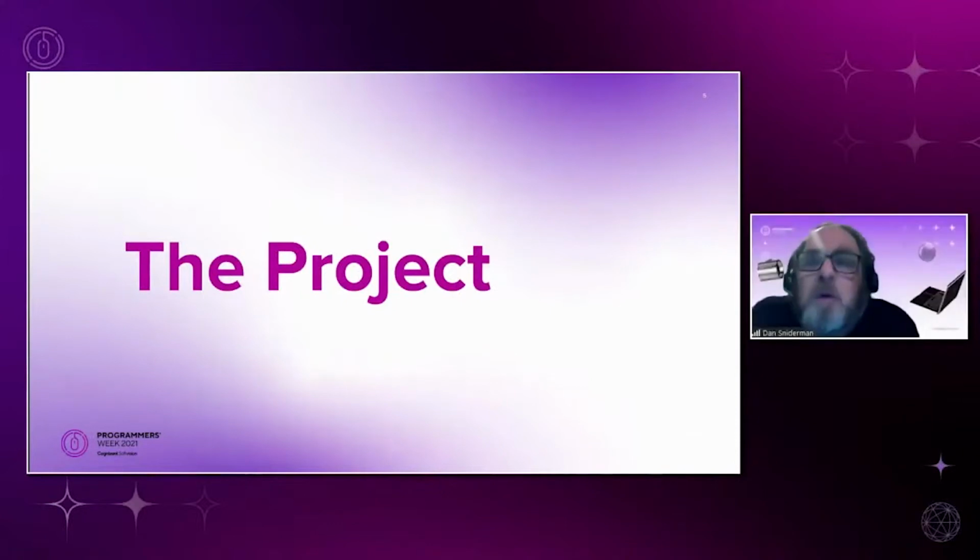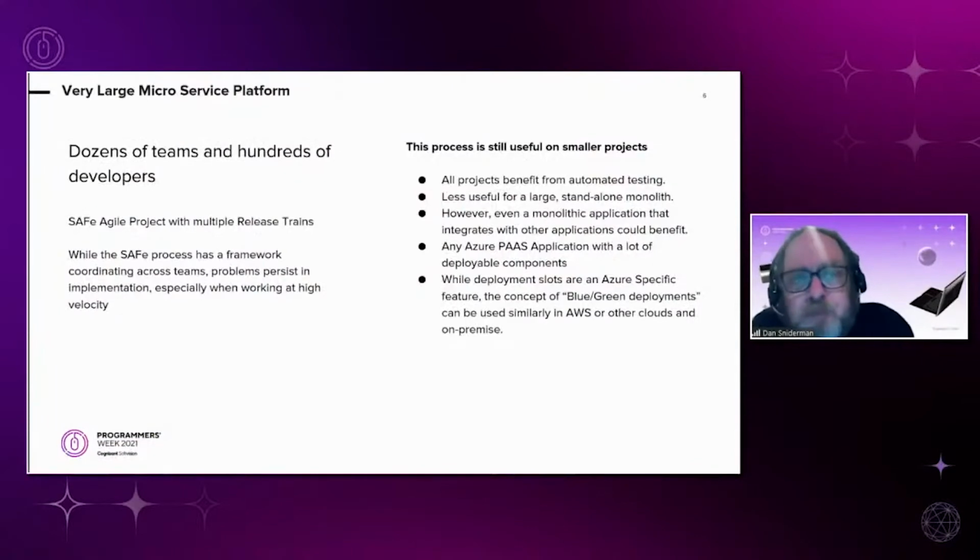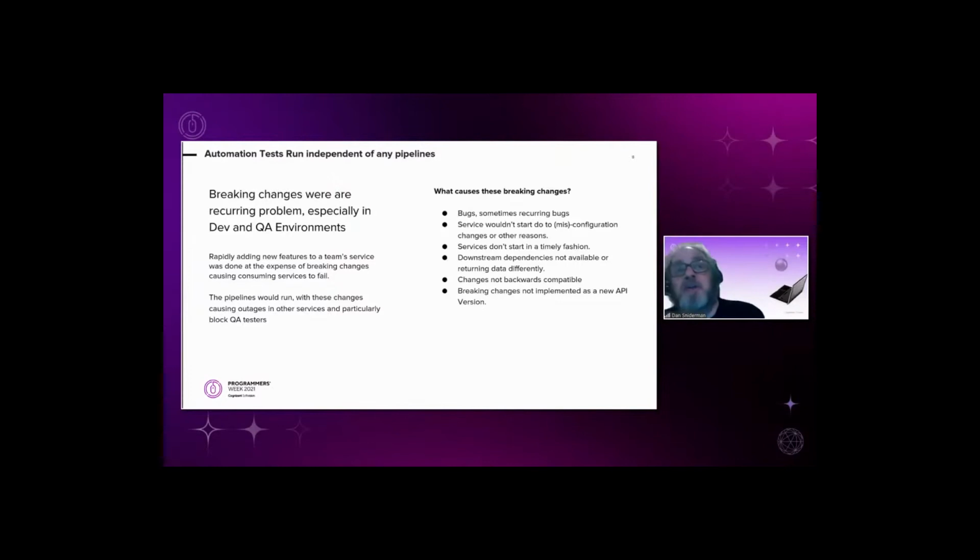So the pattern that Jacob and I are presenting on today came about working together on a project. This project is an extremely large microservice platform with literally hundreds of developers. In order to coordinate that, we are using the SAFe agile methodology, and there are currently 4 release trains. We mean very large. I believe there's close to 300 outside the organization to interface via